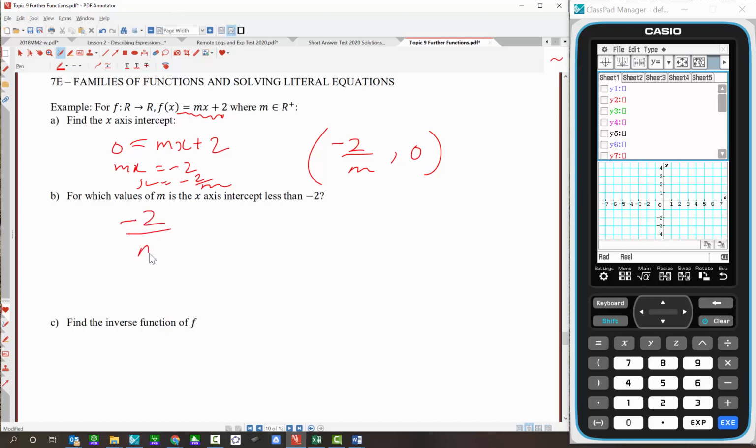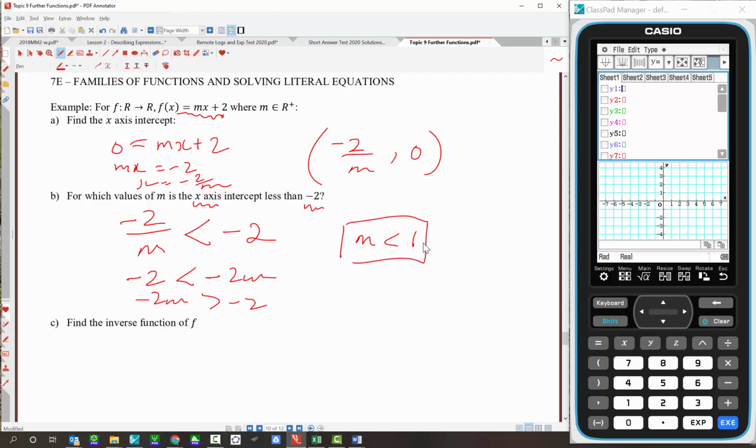So here is the x-axis intercept. We want that to be less than -2. So -2 on m less than -2, so -2 is greater than -2m, divide by -2, m less than 1. So this seems to suggest that the x-axis intercept will be less than -2 when m is less than 1,